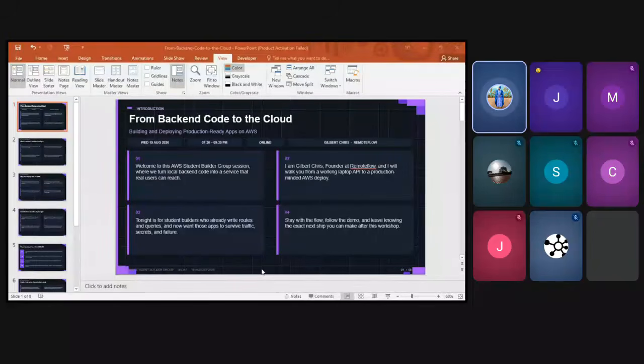Personally, I host my projects. I have similar projects: one is a marketing agent, and the other is what I founded, called Remote Flow. We are trying to solve the PayPal issue.